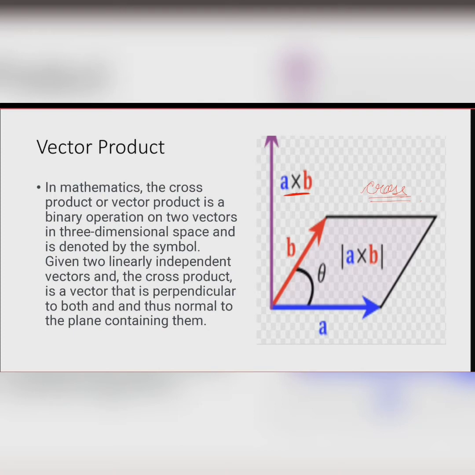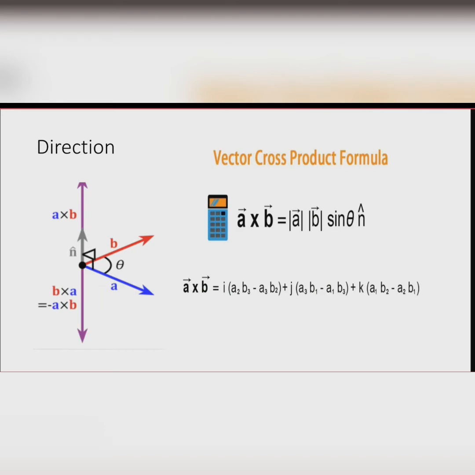And if we want to look at the physical interpretation, like in the scalar product, we saw what the actual meaning of the scalar product is. The actual meaning is that you are simply multiplying the first vector with the projection of the second vector along the first vector. Now, let's see how we can come to the geometrical interpretation of the vector product.